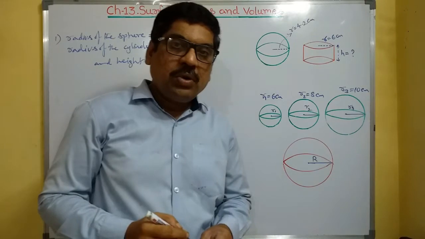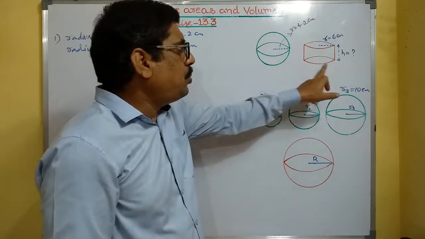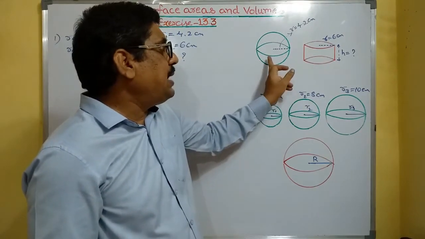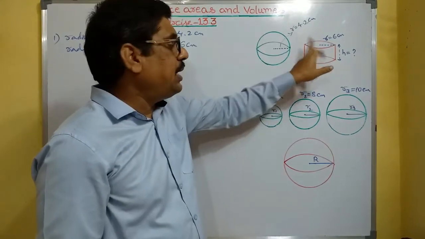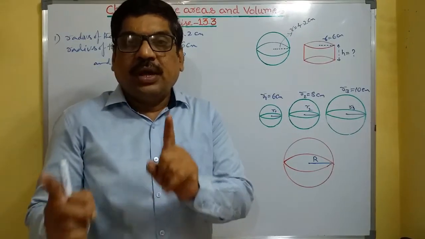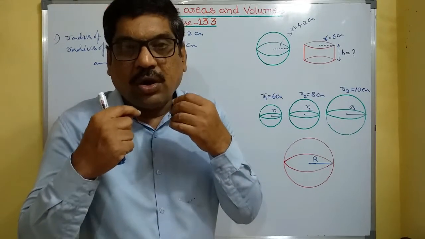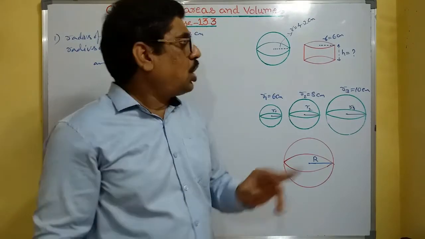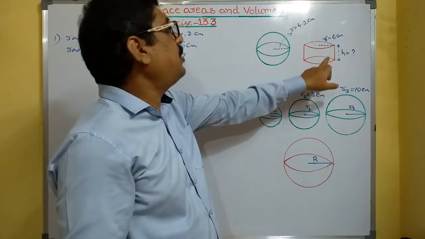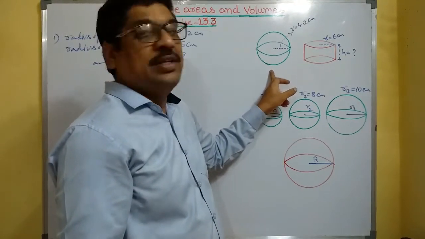But now we have to observe that it was cast and made into a cylinder. The cylinder was formed by melting a sphere and recasting into a cylinder. Whenever melting and recasting, in that situation, you need to take the volumes of those two objects as equal. Okay? The quantity of the sphere must be equal with the quantity of the cylinder. Why? Because it is made by melting the sphere.